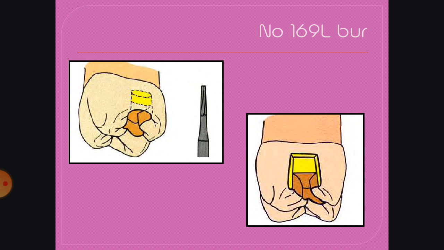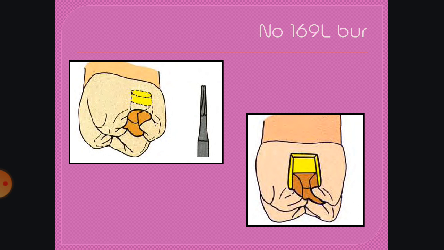Then, as I told earlier, you can use an enamel chisel, hatchet or a bi-angle chisel to smooth and define the facial and lingual walls of the box. In some cases you have to use this chisel to make sure that the box and walls are well defined and smooth. And one more thing you have to remember is you have to widen the isthmus where it joins the proximal box, and you should round any angle that has formed in the area where they meet.